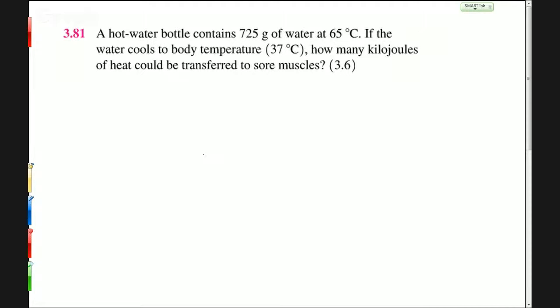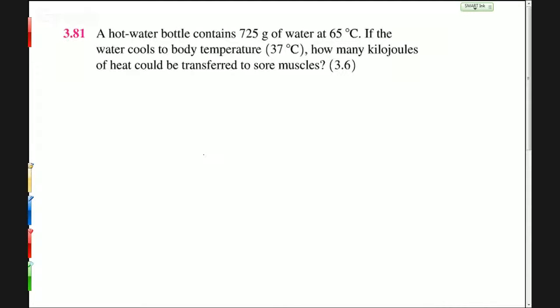Yeah. Did anybody do this one? I think this was listed in the homework. We've gotten to it. Yeah. We have to find the change in temperature first. Right. So you've got a certain amount of water that is changing temperature. And anytime you have a mass of something that's changing temperature, you want to know how much it's changing by,